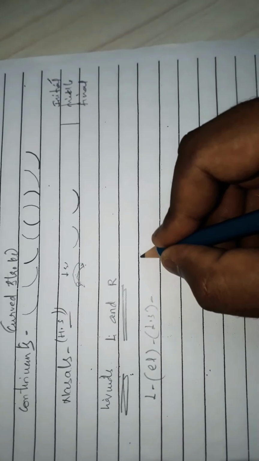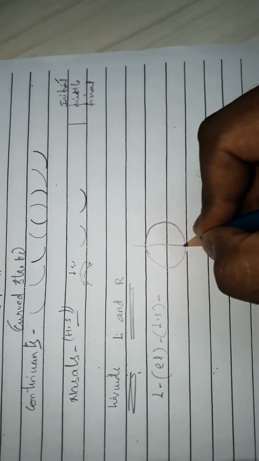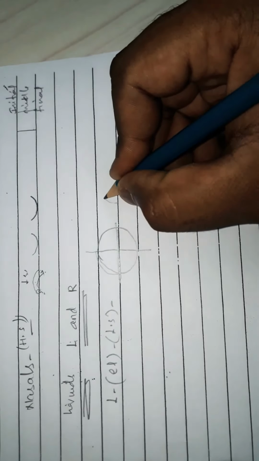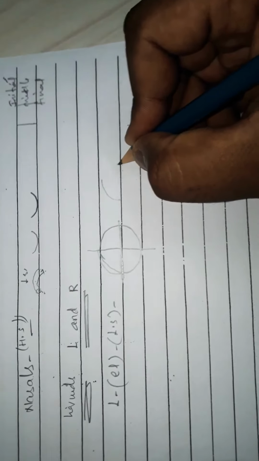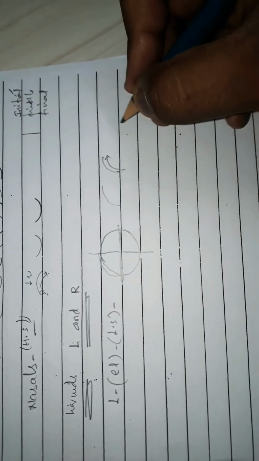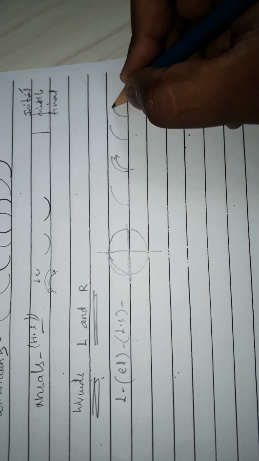Imagine there is one circle. No need of drawing the circle every time; just for your understanding I am writing this. I am putting one plus here. Start from here, go up, stop it here. See the curve of how I'm writing. See the arrow mark. Start from here, go up, end it here.